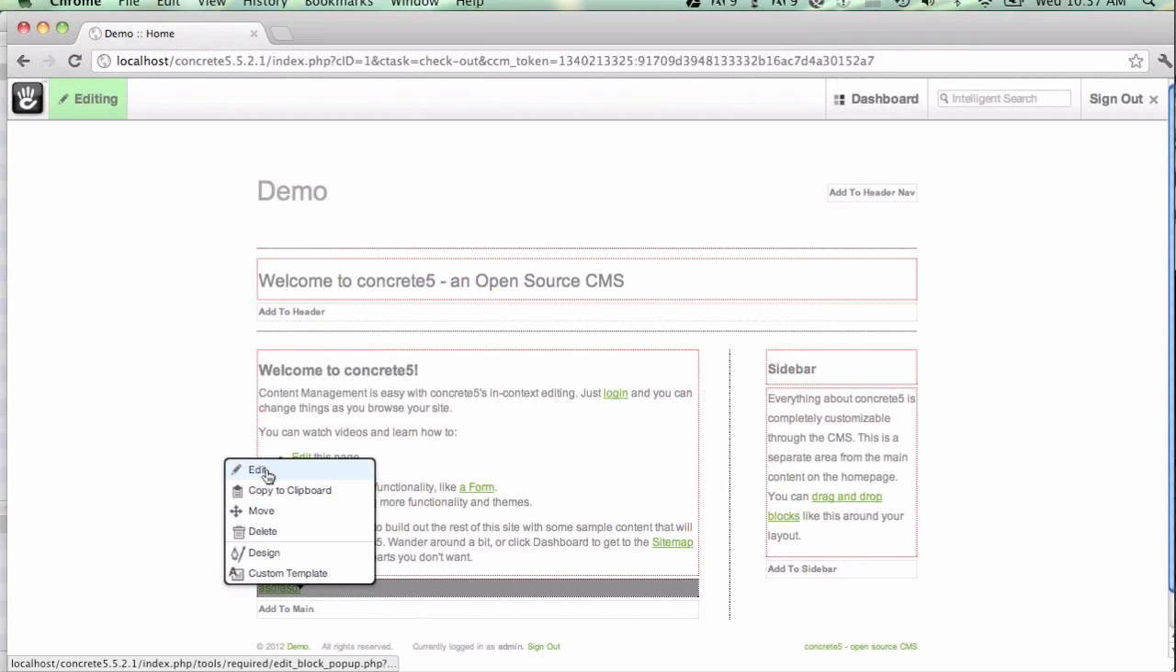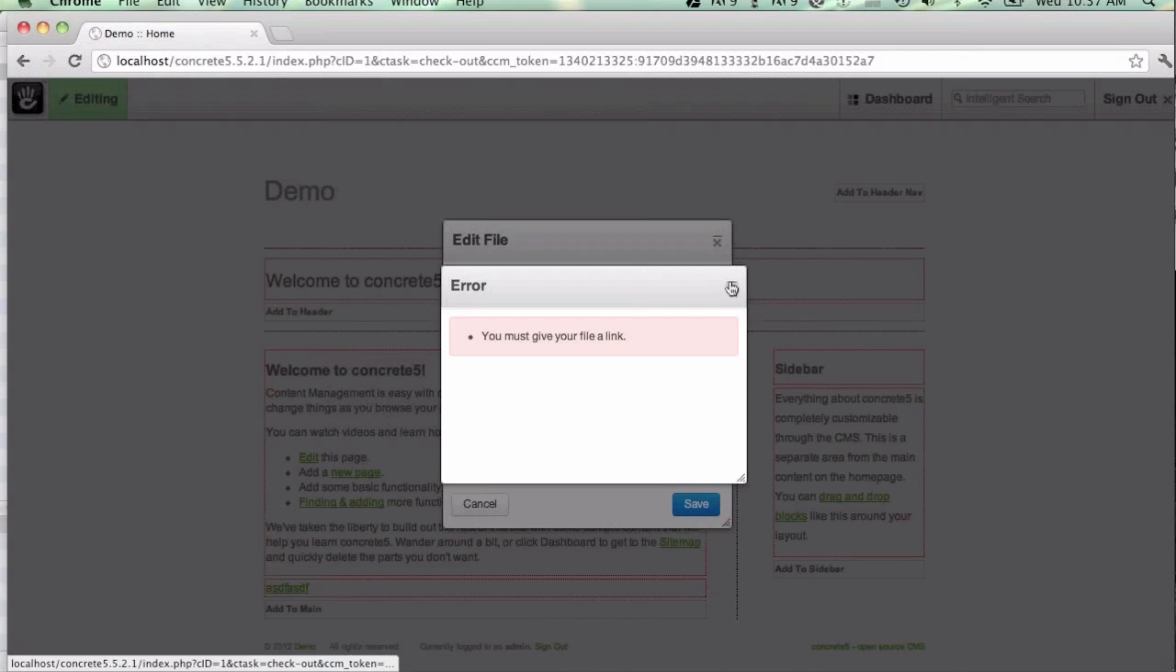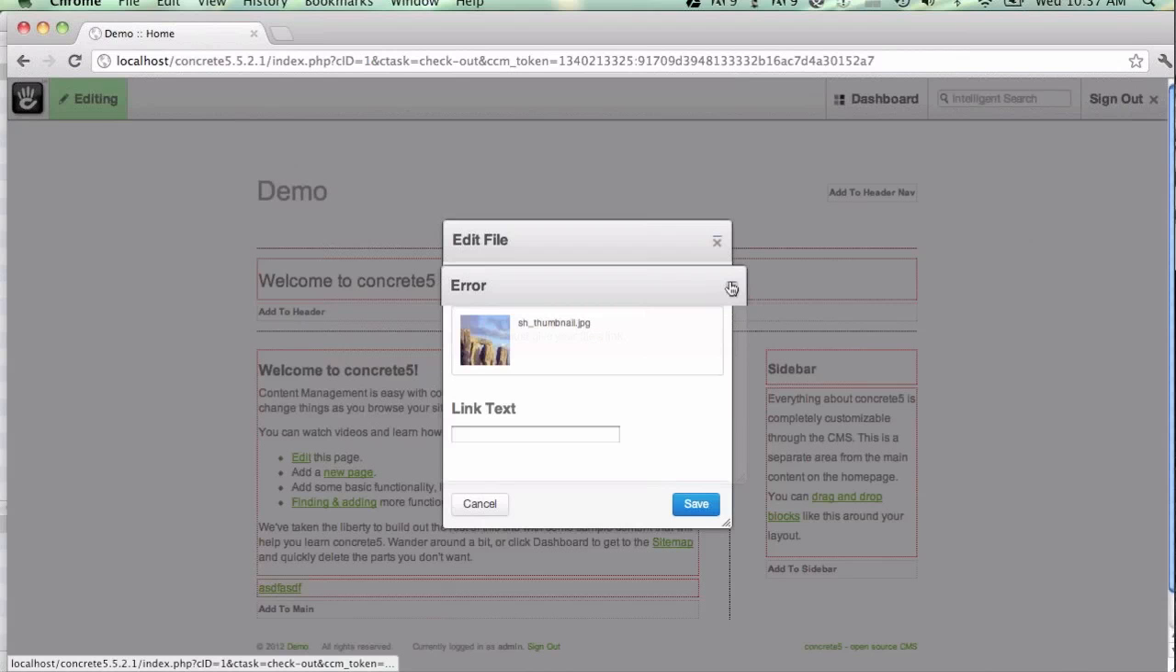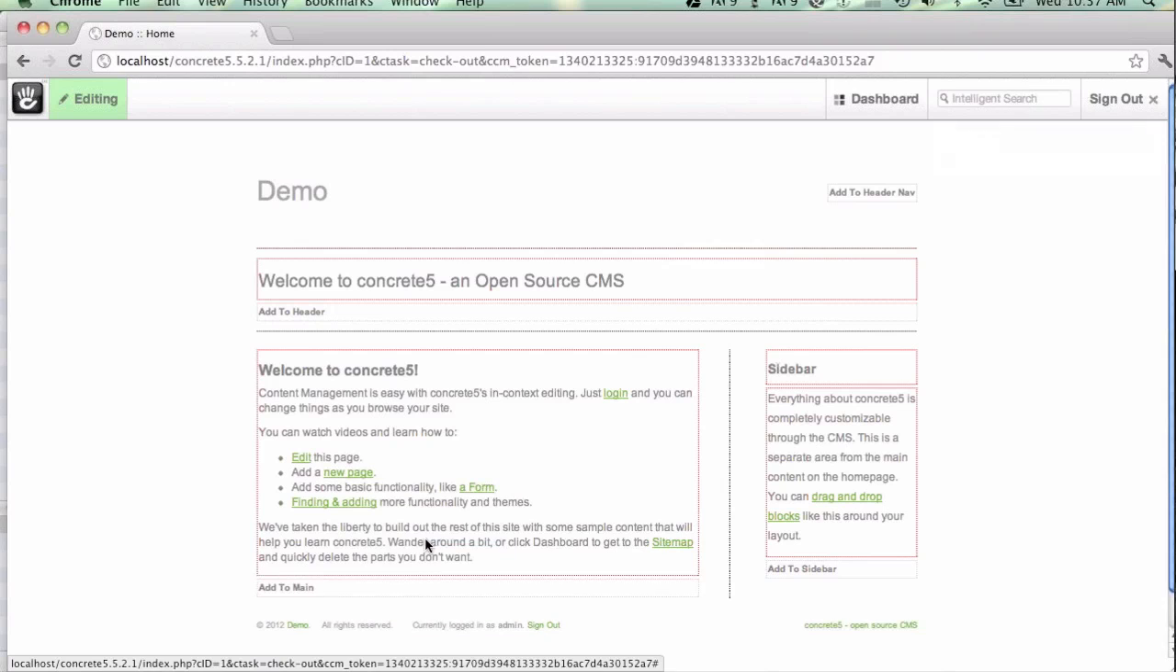And this, of course, also works in edit mode as well. So block level validation, very simple to do in Concrete5 4 and above. And since it's PHP, you can do all sorts of different stuff. You can check to see whether